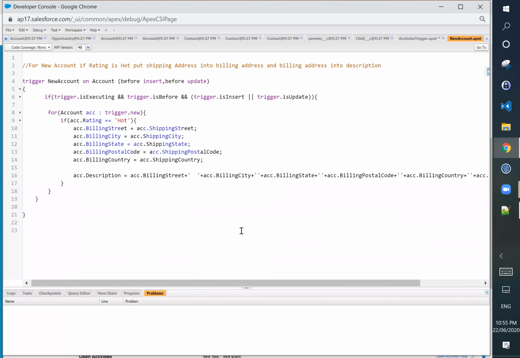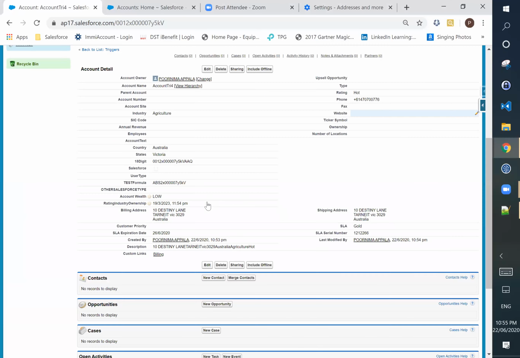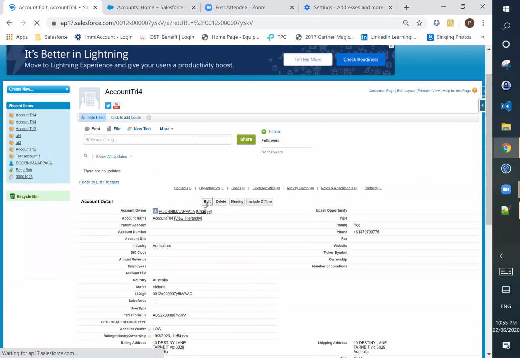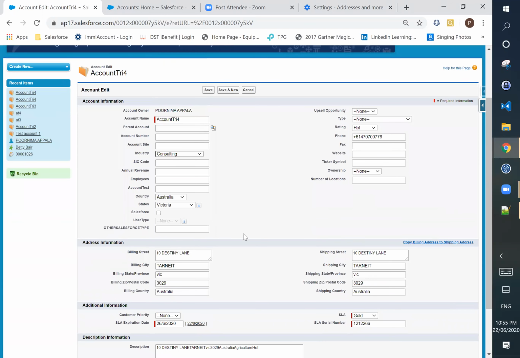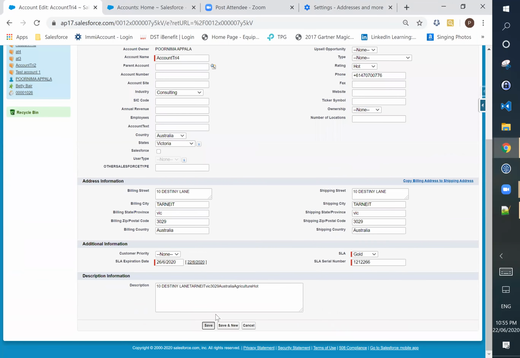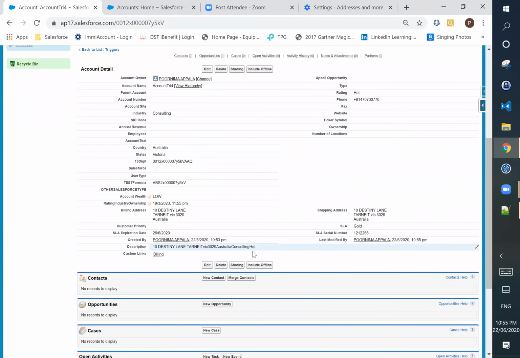Now test the code again. We have to change the heating to something else, and then again to hot.